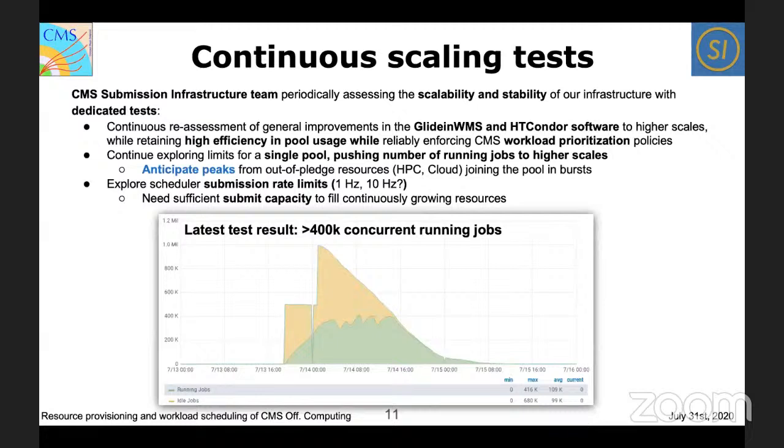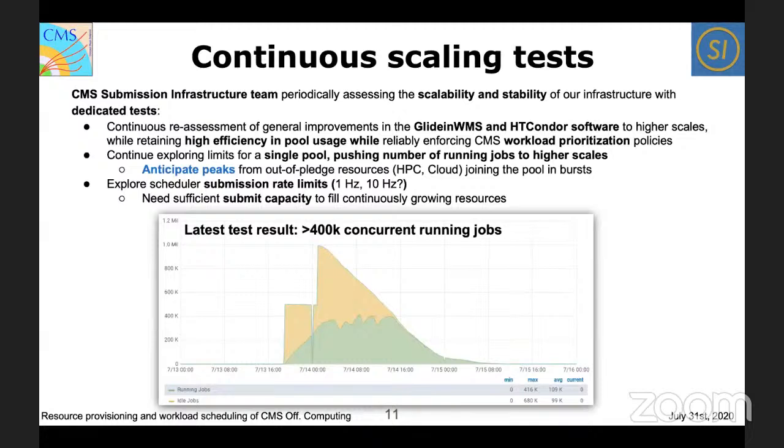So in order to test the scalability of the pool and the stability of the infrastructure, we continuously run certain stress tests on the pool. So we are continuously reassessing the improvement that we get from both Glide WMS and the Condor software packages. Of course, we try to break the pool, we try to see where is the maximum load that it can achieve while still retaining high efficiency in the utilization, which is what we want to do,